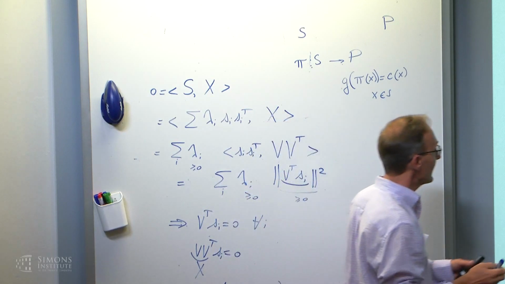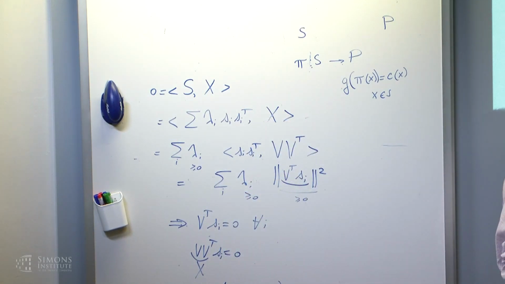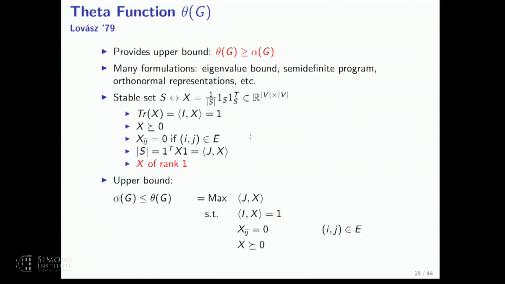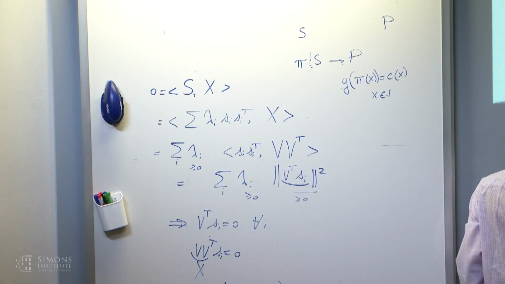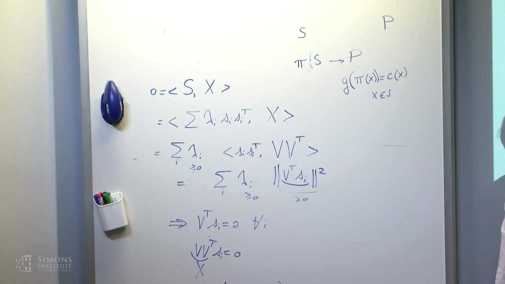So in this case, I'd like to take any stable set and map it to, if I'd like to get a semi-definite program, a matrix that's positive semi-definite, and look at the properties of that matrix. Then I'm going to take a larger space that contains all of these. One of the many possible maps is to take a stable set and map it to the following matrix,